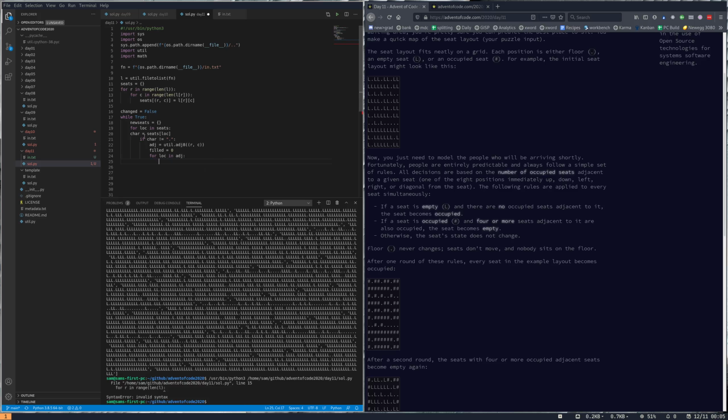Okay. Oops, this should be tabbed in. Okay, character is equal to seats of location. If character is not equal to dot, adjacent is equal to, else, new seats of loc, if loc in seats